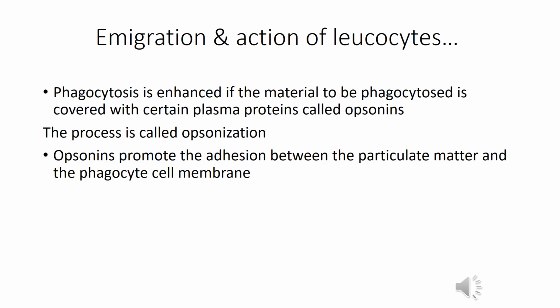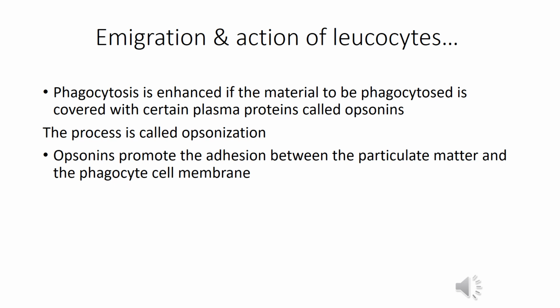Now, for phagocytosis to be successful, remember initially the attraction and movement of white blood cells is aided by chemotaxins. Now, once they're there and they've been activated, for successful phagocytosis, there are things we know that are called opsonins. Opsonins are what help the white blood cell or the phagocytes to stick together with the bacteria or dead matter so that it can be phagocytosed. So opsonins are also very important.